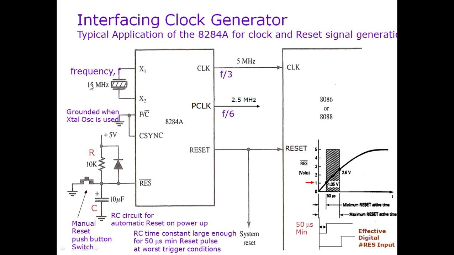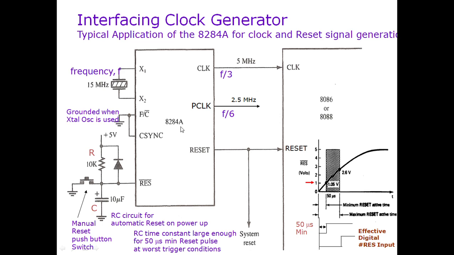Similarly, when the 15 megahertz signal is divided by 6, that is equivalent to dividing first by 3, and then another counter divides it by 2. So at the end, division by 6 gives us 2.5 megahertz, and this clock is normally connected with peripheral devices, so that means the peripheral clock. Then there is a reset output as well, and that is connected with the reset pin of the